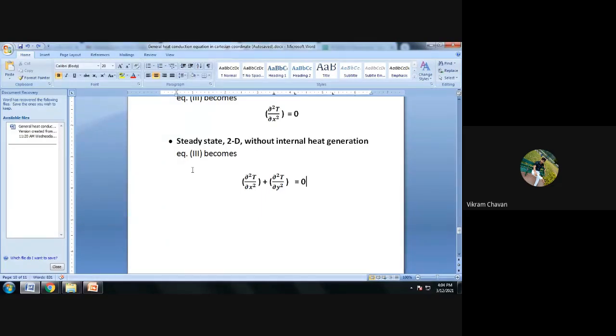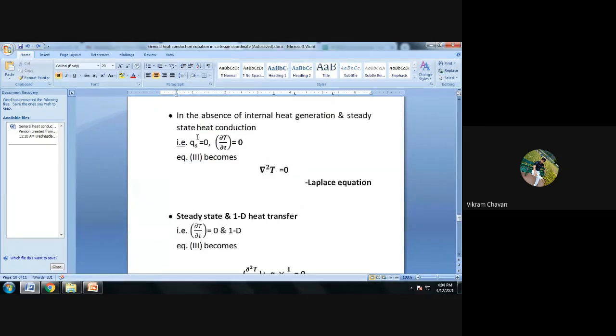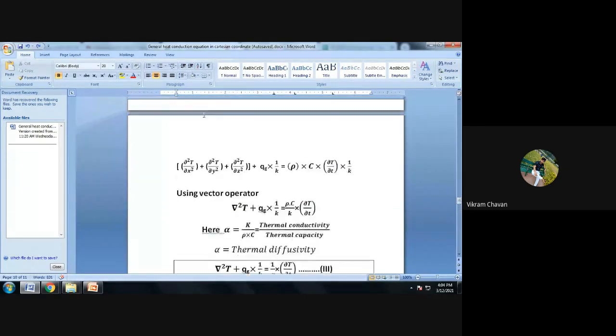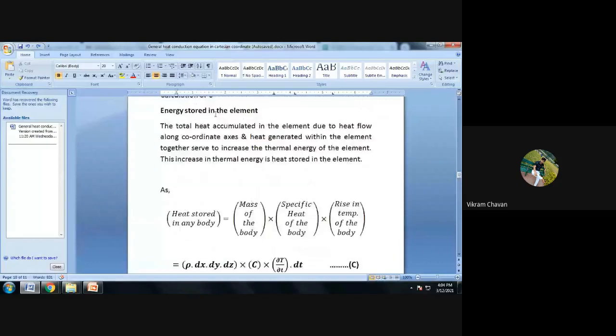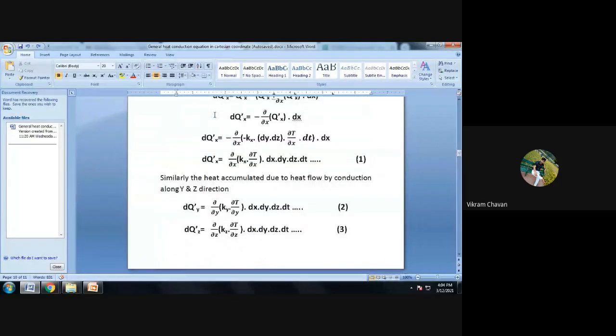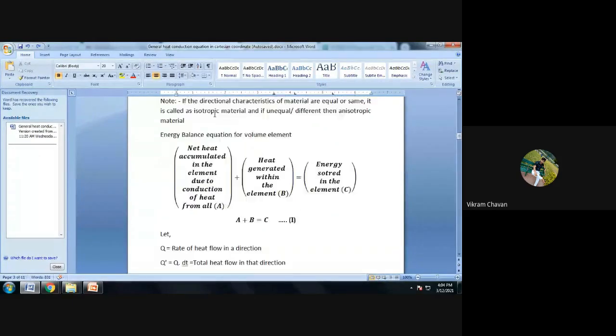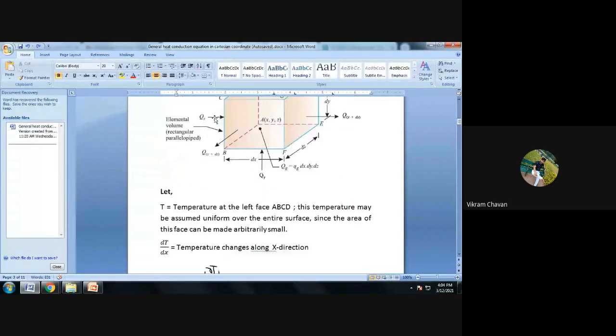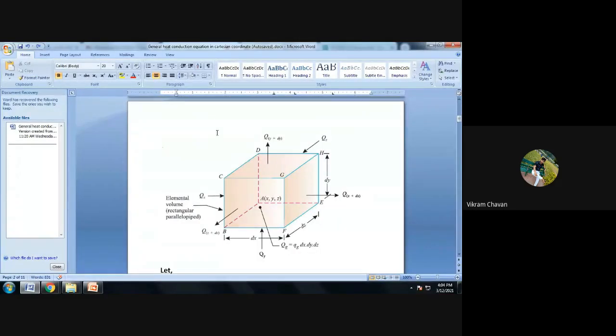Okay, over. So this is the end of this derivation, that is the general heat conduction equation. What we have discussed up till now is about this one derivation only. Further, now if you revise this particular point from the start, we'll come to know how far we have come across this derivation and where we started.